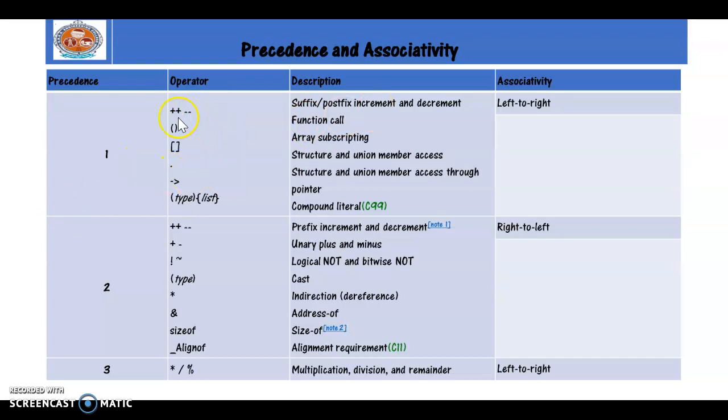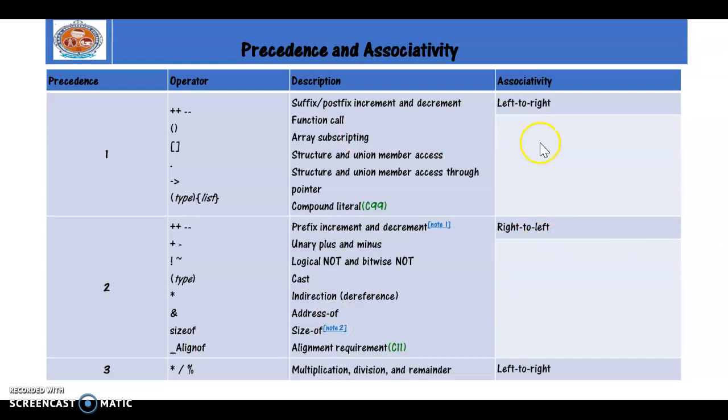I forgot to show a program for this, and I will explain in the coming session what pre-increment and pre-decrement are, and what is meant by post-increment and post-decrement. We will discuss this in detail in the next session. And then the second priority operators are given here. So what is the associativity here? Right to left. If you have any expression that contains operators of this same priority, then you have to evaluate the associativity from right to left.